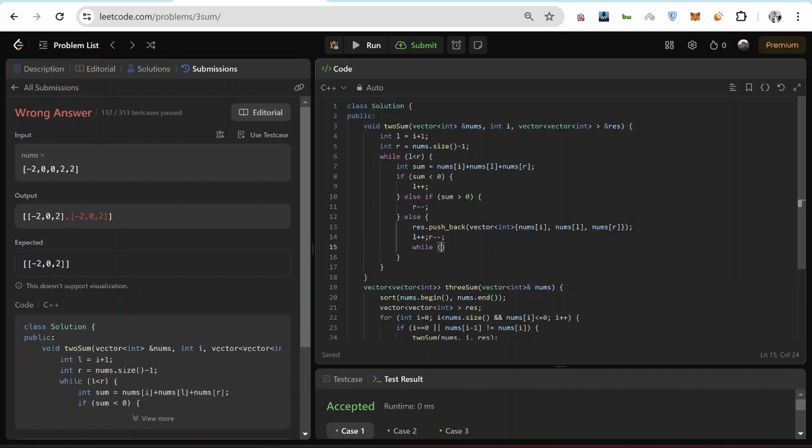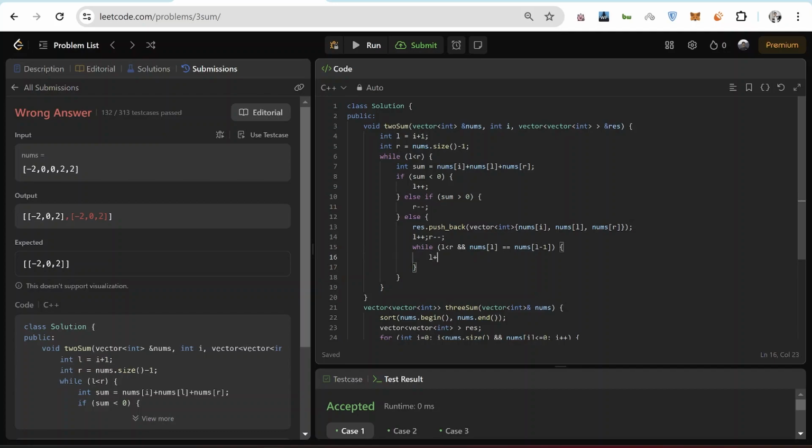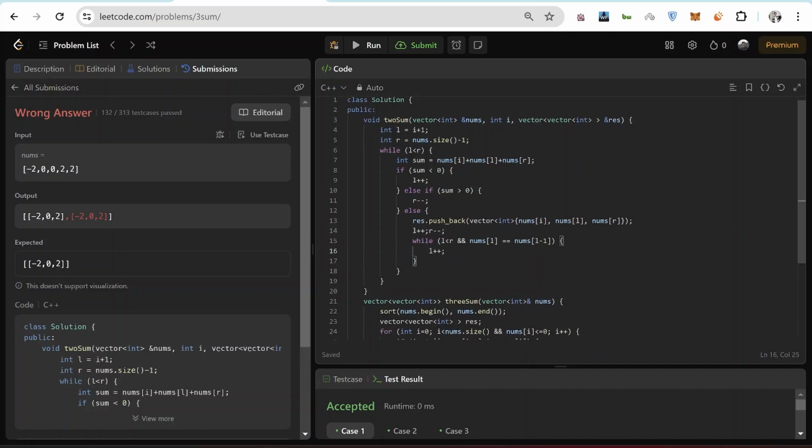So while L is less than R and nums L is equal to nums of L minus 1, we keep doing L plus plus. Okay, this looks correct to me. Let's just try it out.